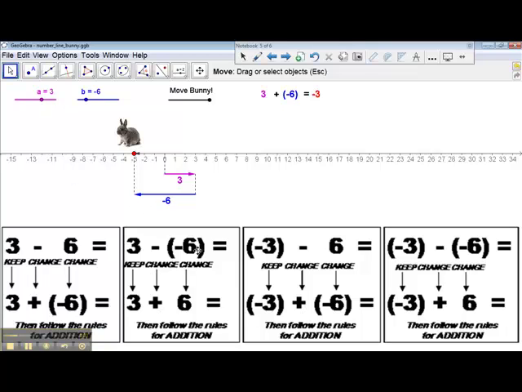3 minus negative 6 is the same as saying 3 plus 6. So let's change this to 3 plus 6. And we find that we add 3, we add another 6, and 3 plus 6 equals 9. Let's take a look at negative 3